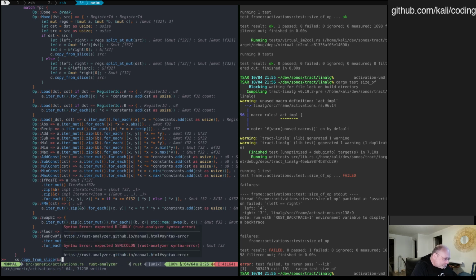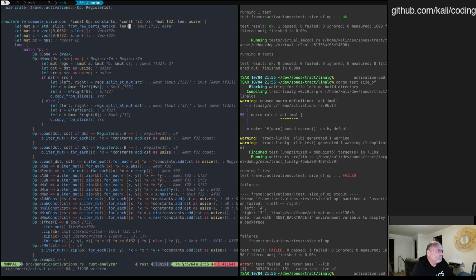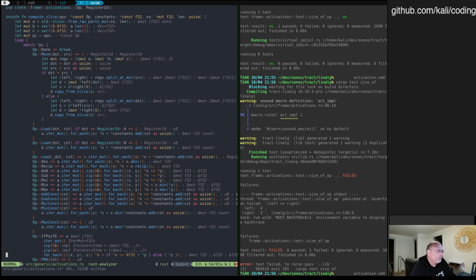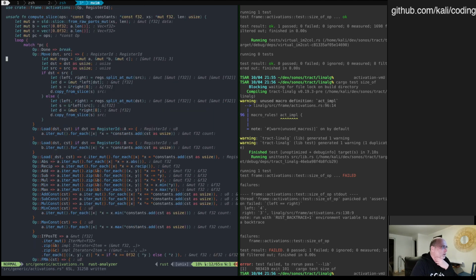Okay. Finally, I need to put data back where it belongs. No, I don't need to, because now I'm just recapturing X, so I don't need to do that anymore. Previously, we were doing a copy, and so we need to put it back there, but not anymore. Okay, this seems to compile, so compute slice is not a good name for this function, because we want it